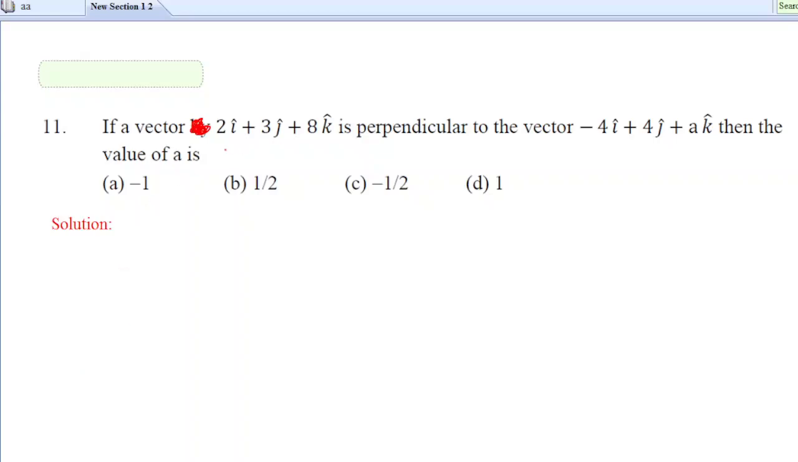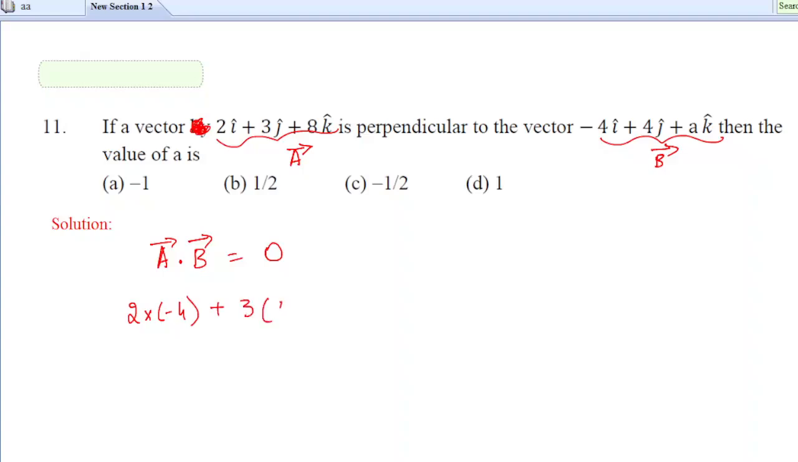Now they are saying that this vector is perpendicular to this vector. Let me call this vector as vector A, this as vector B. So if A and B are perpendicular, we know that the dot product between those two should be equal to 0, right? So it is ax bx plus ay by plus az bz equals 0. So ax is 2, bx is minus 4,